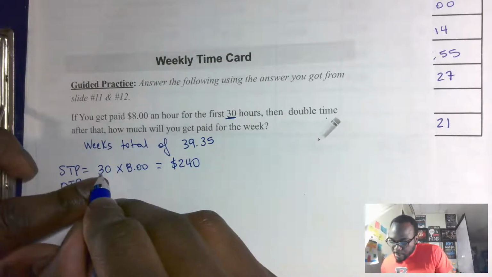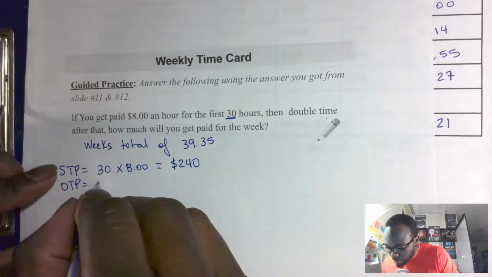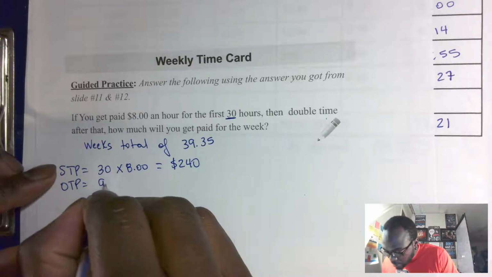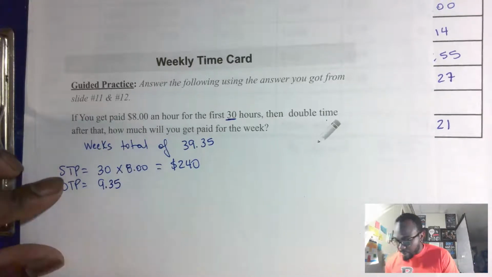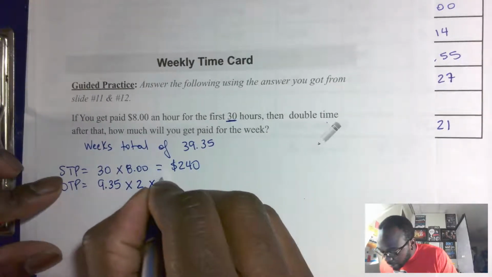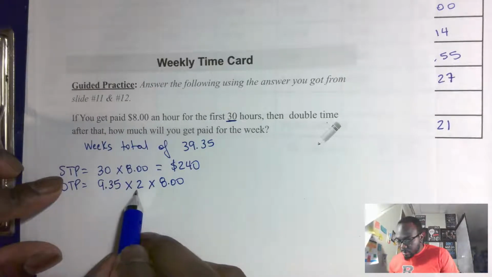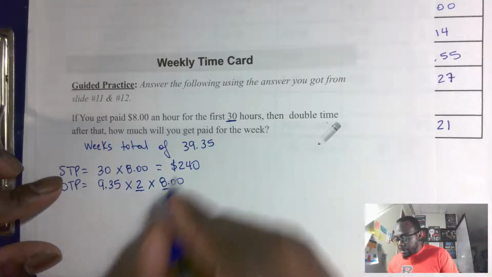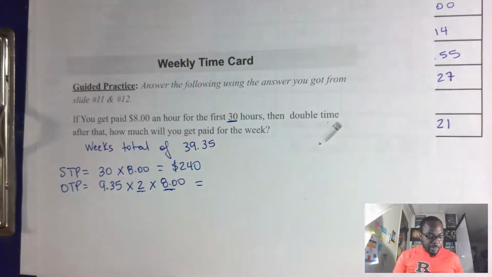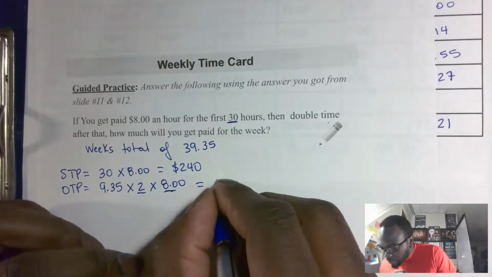So our overtime pay: how many hours did I work overtime? If the first 30 are taken from 39, that means I have a total of 9 hours and 9.35 left. And I'm getting double time my regular pay, which is $8. So I'm going to put in 9.35 times 8 times 2, and this is going to give me a total of